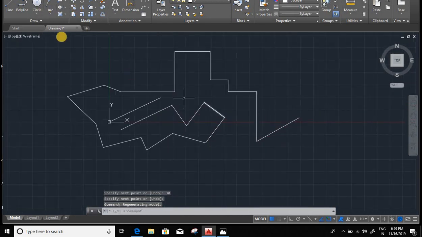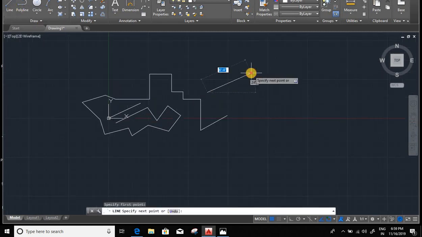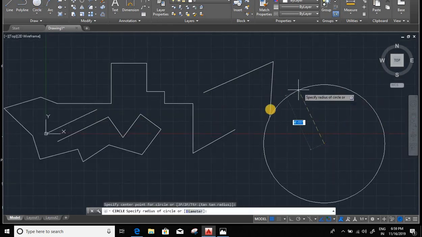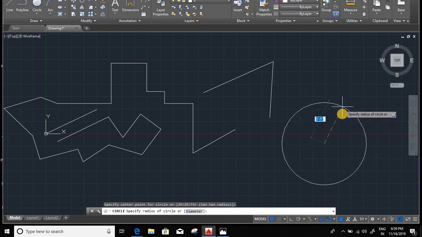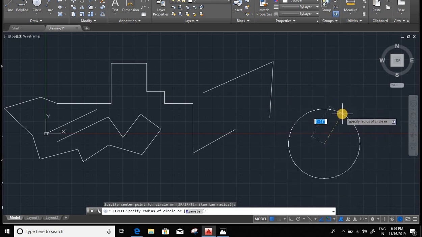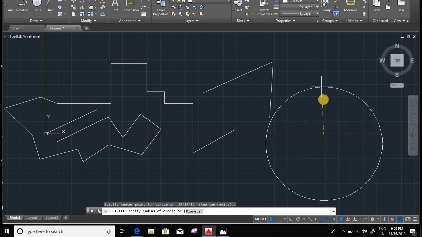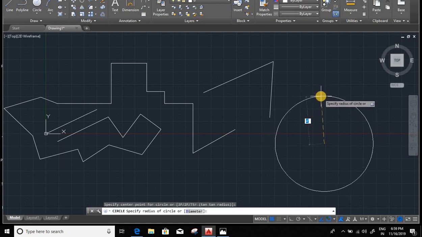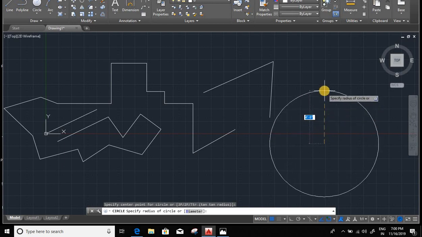Next one is dynamic input. When you are creating any line or object, suppose I am taking a circle, you can see its value is visible here, meaning which radius you are creating. If it's not visible, it means dynamic input is off. F12 is the shortcut key of dynamic input. If I deactivate this mode, your circle radius is not visible. If you activate this mode, the circle radius will again be visible. So this is the dynamic input mode. You can toggle it with the F12 shortcut key.